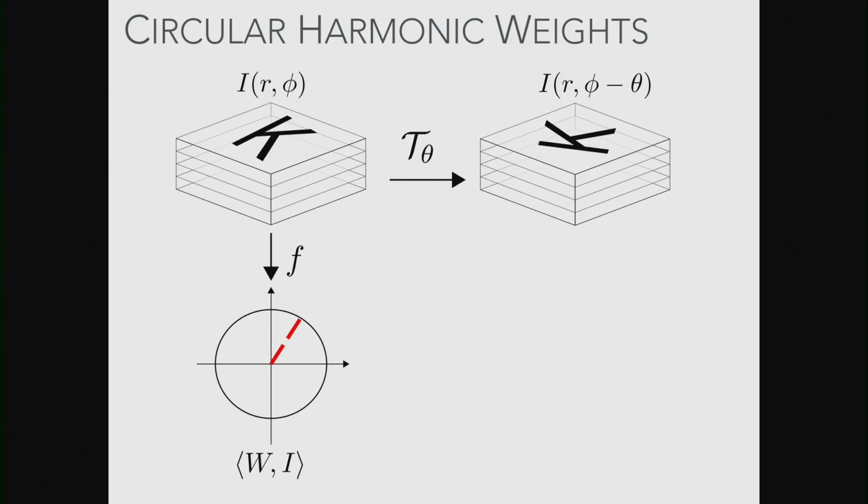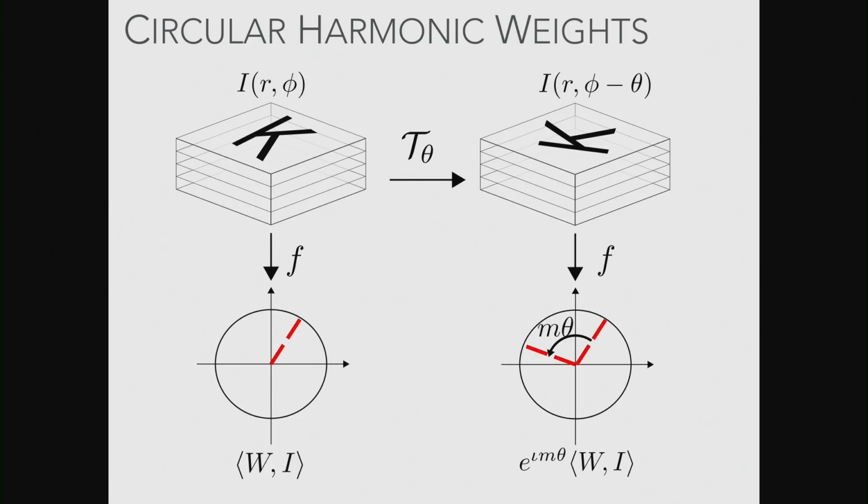If instead I'd originally transformed my input and then applied my complex inner product, what would happen is that this feature, this vector, would have rotated anti-clockwise by an amount m theta, where m is the frequency of the input kernel. So it has the same length, but a different phase. And then I could have gone this way as well. So this is this lovely equivariance square, which we always see.